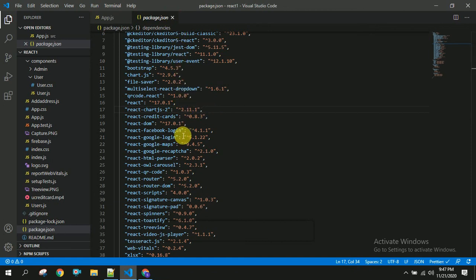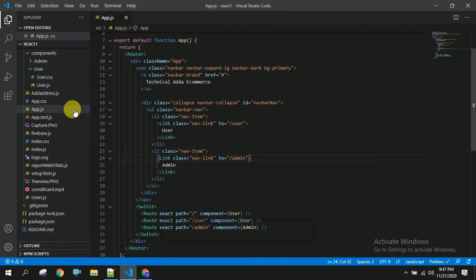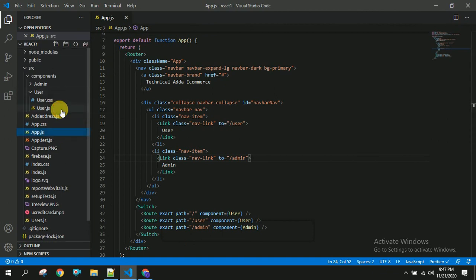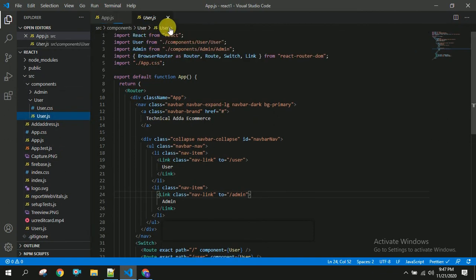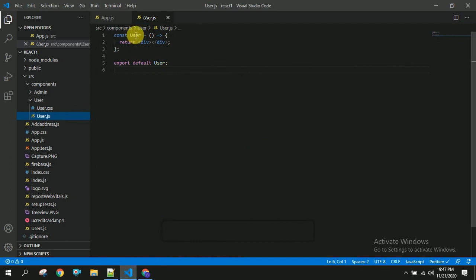Next, we have to go to user.js, and here I am going to import whatever I'm using.